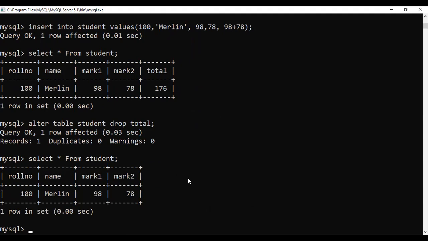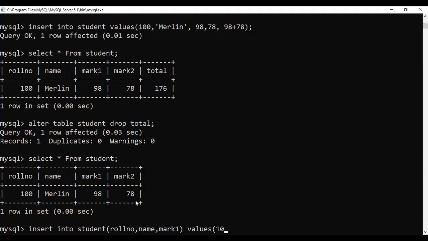Now we will add a few more records, that is insert into student. You can also add like this: I have set a default for the mark column, no? Insert into student, specifying which columns I need the values for. You can specify here name and mark 1. I need values only for these columns.